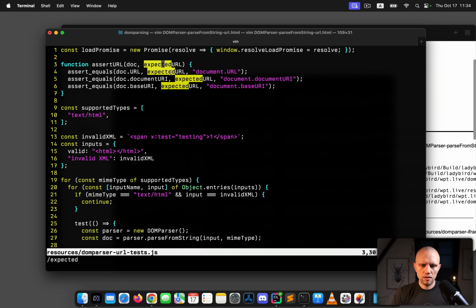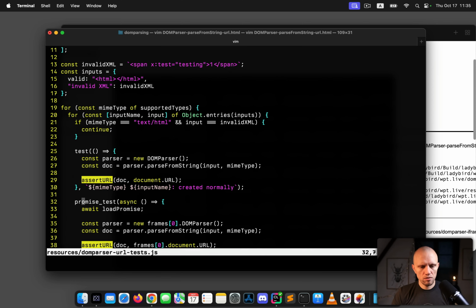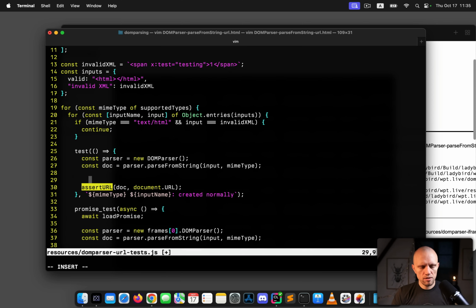Okay, so we're expecting document.url to be something. Assert URL, sure. So is this it right here? Console.log. Checking if document URL or